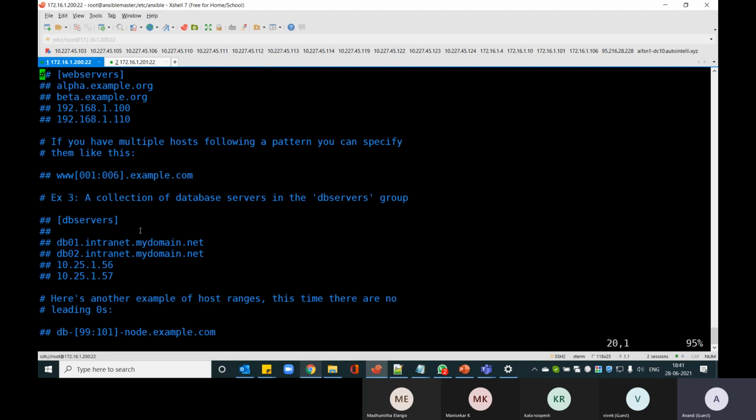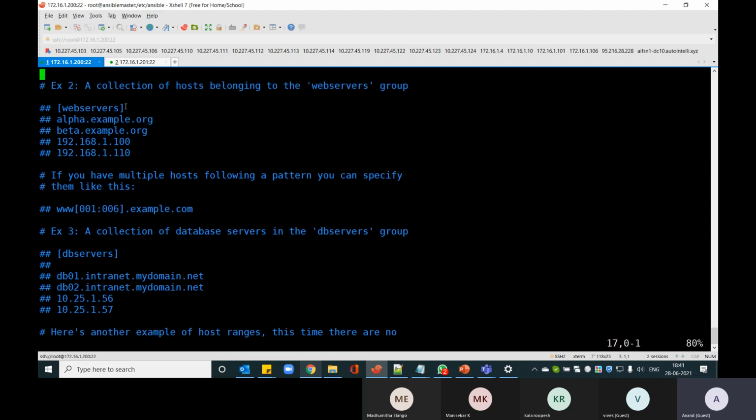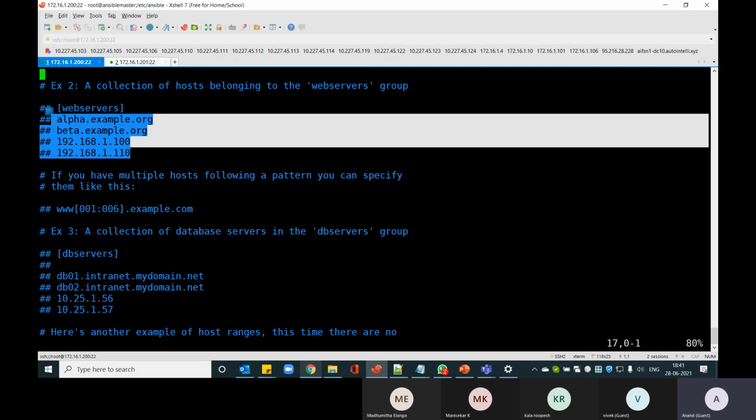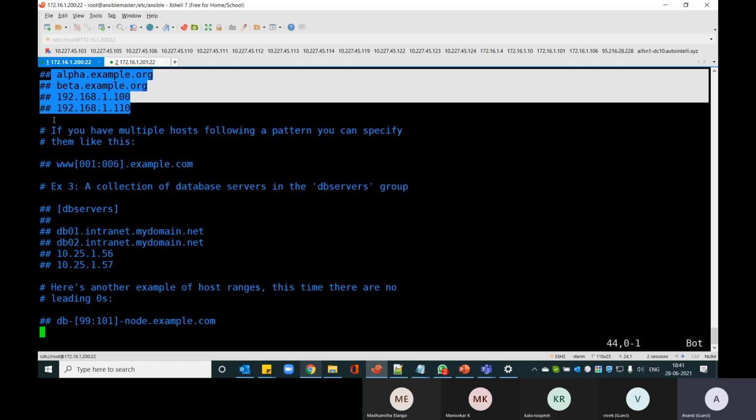For example, they mentioned web servers as a group, and then they mentioned some of the IPs, and you can also use FQDN as well as the normal IP address for the Azure web server group. Similarly, I can create a database servers group, and I can also add these machines as part of the inventory. And you can also write some regex if you are comfortable with it.